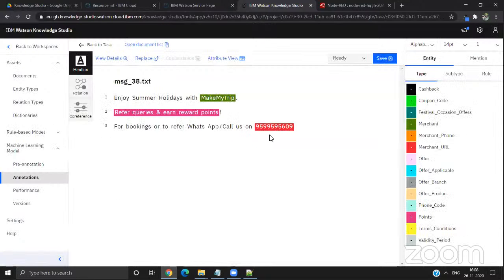So this is the SMS. So this is the URL. Okay, this is not a URL. It is the phone number, right? You can just select it and click on delete. So the color is gone now. Select it back and label it as phone number. Where is it? Merchant phone. Okay. Got it, everybody? Click on save